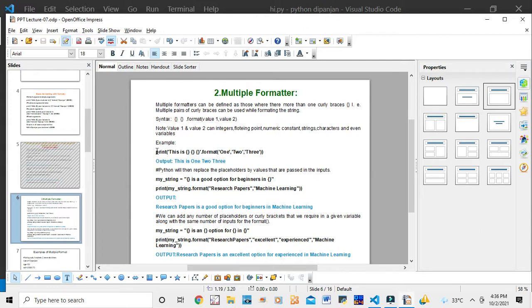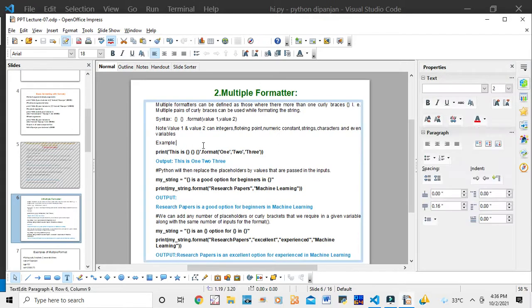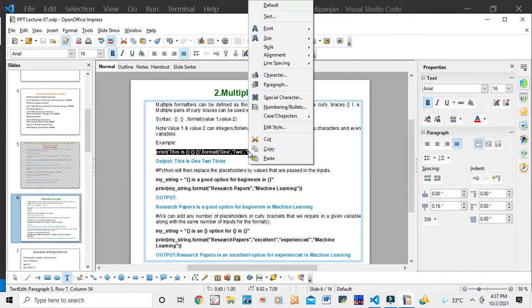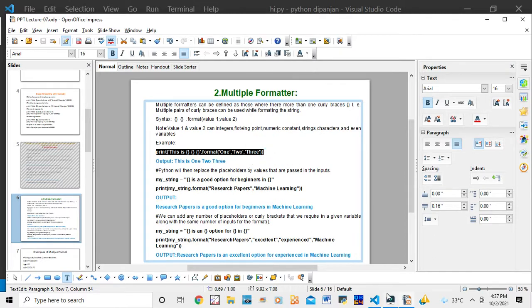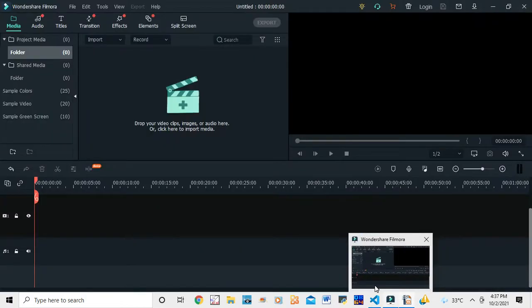Now I am showing this is 1 2 3. Just wait, I'm just copying by right click, then copy this, then I want to see the output. This is 1 2 3.